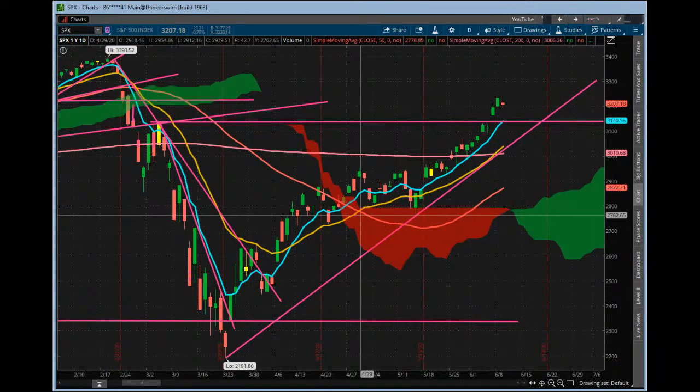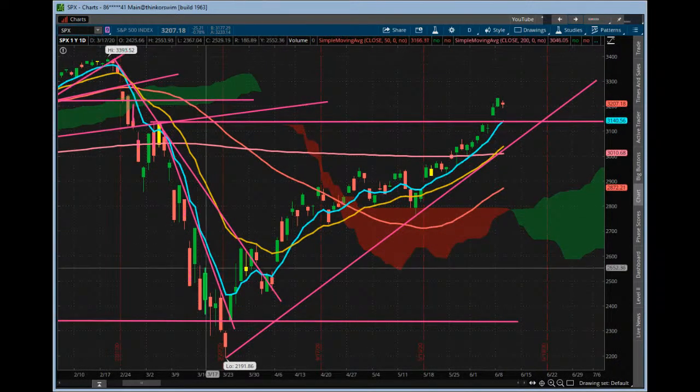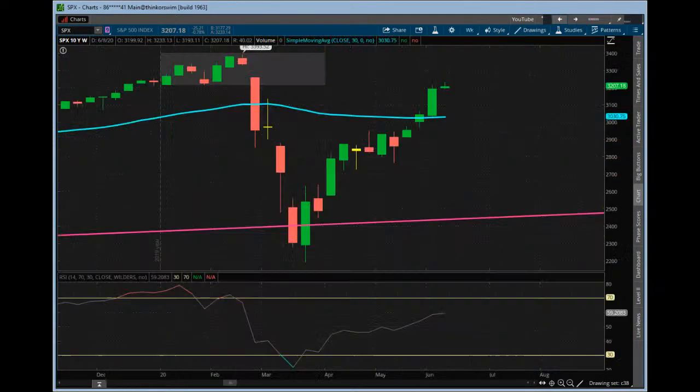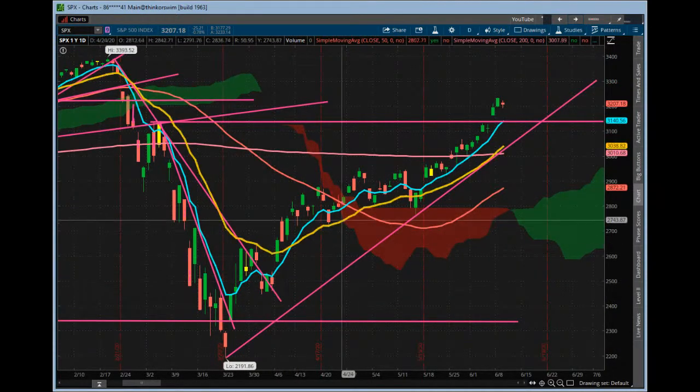Daily chart, super duper strong, right? We've had an epic V reversal right here. And we talked about the V reversal, right? When you go to the larger time frames, you look for these types of candles to show that the V reversal is in place. That's exactly what we're seeing right here.